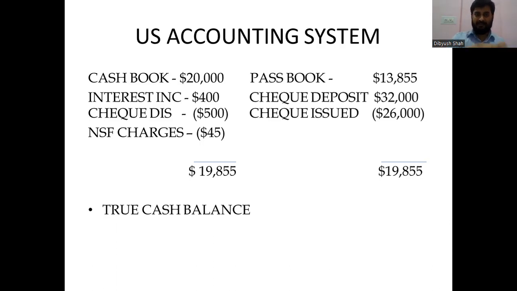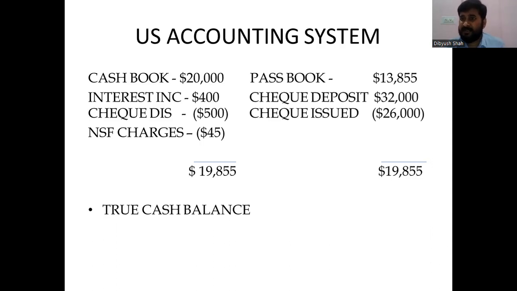Now imagine, this is 20,000, this is 13,855. You find the true cash balance is 19,855. You don't find much difference, right? $555 or $6,000. Imagine it is $145 billion. So when he deposited something, it would have been in billions of dollars. And when he reduced something, it would have been in billions of dollars. This difference would have been somewhere around 5 to 7 or $8 billion. Now you think, what is $8 billion? Guys, that's a very big amount, more than the GDP of $10 billion perhaps of very small countries and